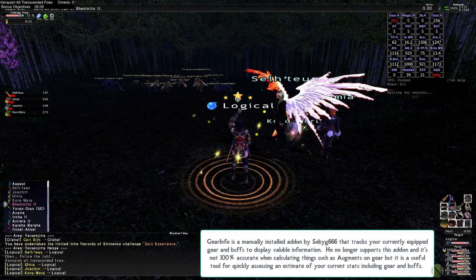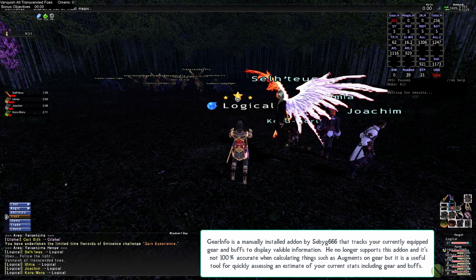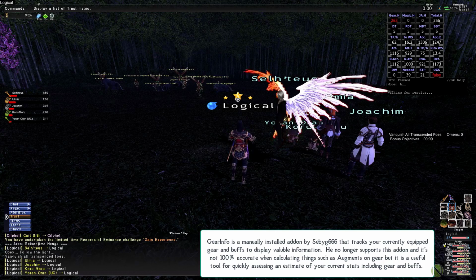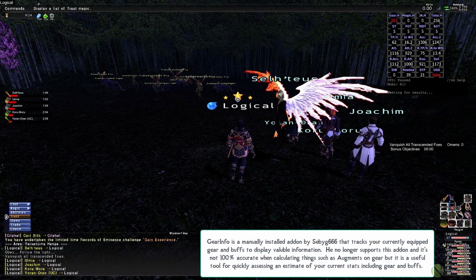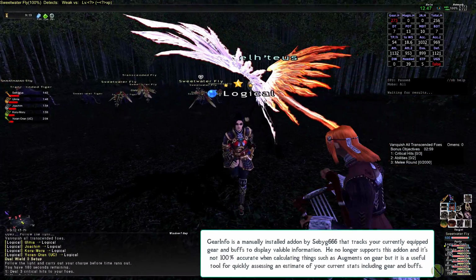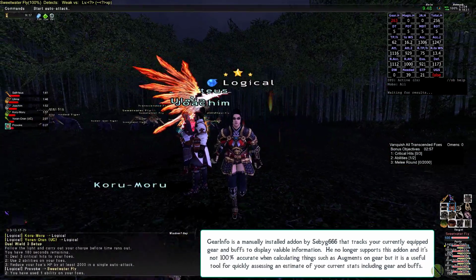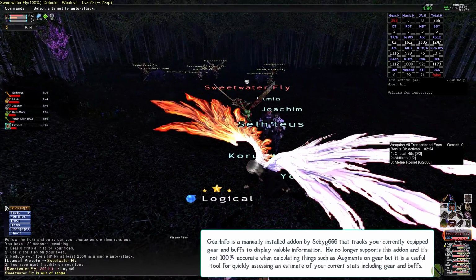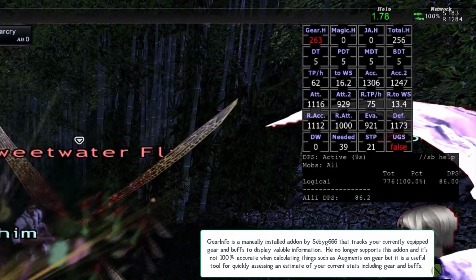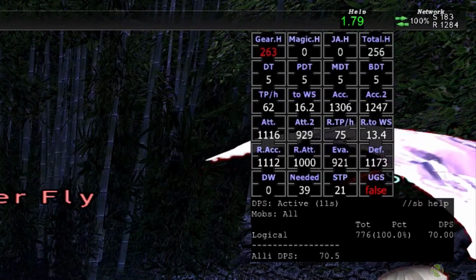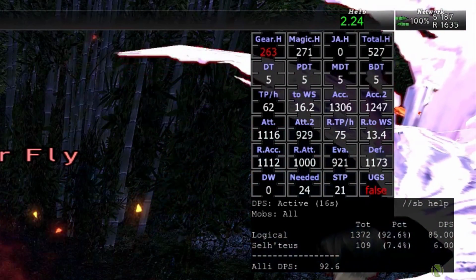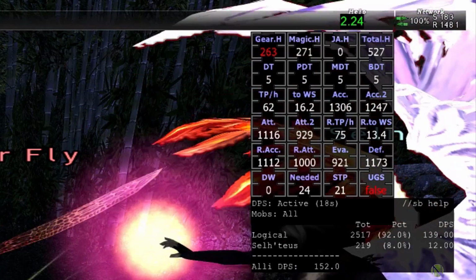GearInfo is a manually installed add-on created by Serbig666 that tracks your currently equipped gear and buffs to display valuable information. Now he no longer supports this add-on, and it's not 100% accurate when calculating things such as augments on gear, but it's a useful tool for quickly assessing an estimate of your current stats, including both gear and buffs. Now this add-on is highly configurable, but what I've done is gone ahead and set up a configuration just like you see here, so that you can download this from my GitHub and easily install it and get this